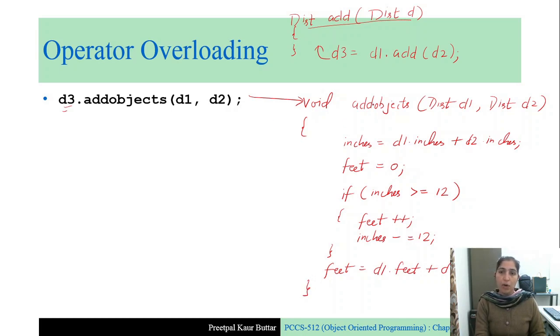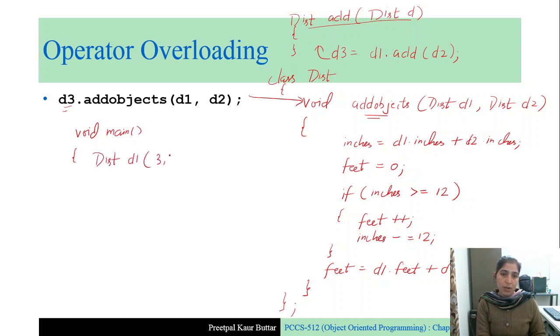And how to call this add object? Remember, this add object is a part of class distance. Okay, we have other data members and member functions, but we also have add objects. And in the main function, suppose this is your main, in the main function we have distance